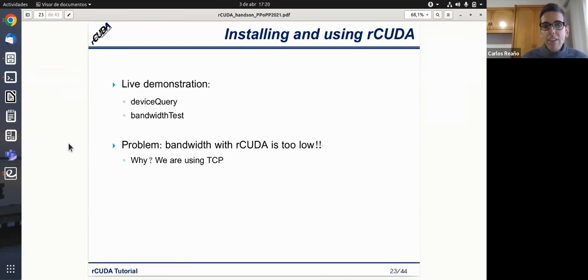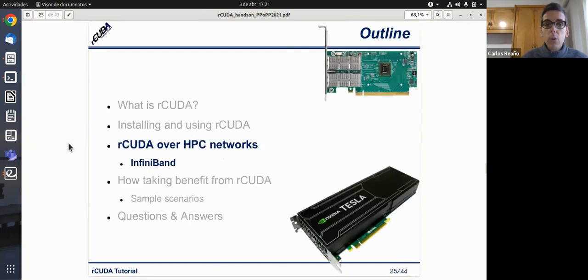In this case, we are using, as I have mentioned, the TCP/IP protocol in our cluster. Apart from this TCP/IP Ethernet network, we also have an InfiniBand network. rCUDA has a communication layer that offers improved communications over InfiniBand networks. So what we could do is use that network.